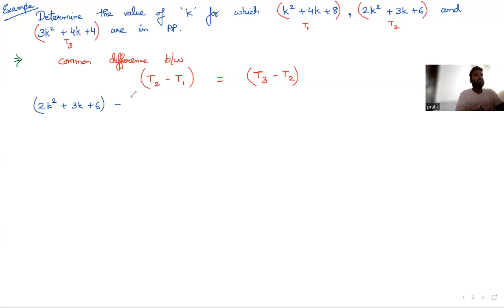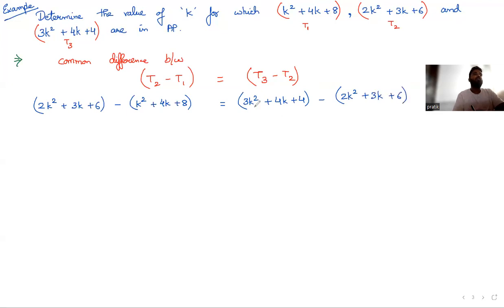Minus t1, which is nothing but k square plus 4k plus 8. And this is nothing but equal to t3. What is t3? T3 is 3k square plus 4k plus 4 minus t2, which is basically 2k square plus 3k